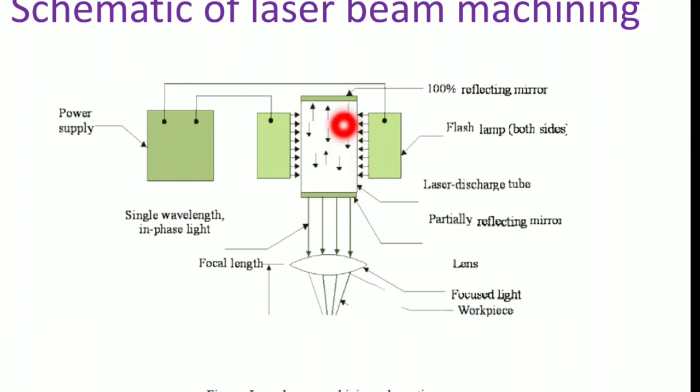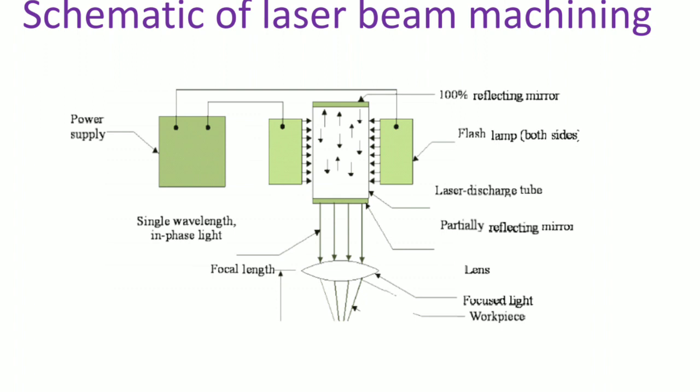The coherent light, getting energized after numerous reflections, will not be able to escape from this side. It will escape from this side, through the partially reflecting mirror. Once it passes through this mirror, high energy coherent light comes out, and